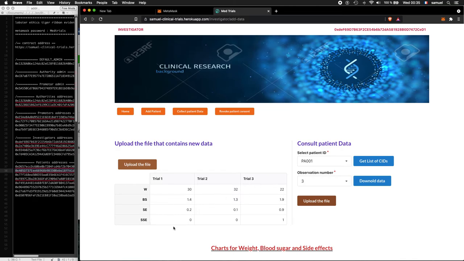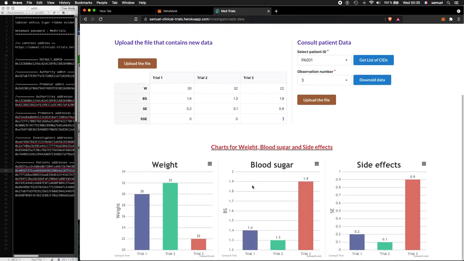And what is interesting now is to see that we have a serious side effect. So the next time, if you want to register a new patient, the contract will reject the transaction, because now the contract knows this information. Below we have charts. We can see that the weight this time goes from 32 to 22, and the blood sugar increases from 1.3 to 1.9.